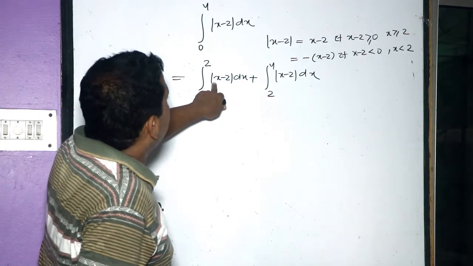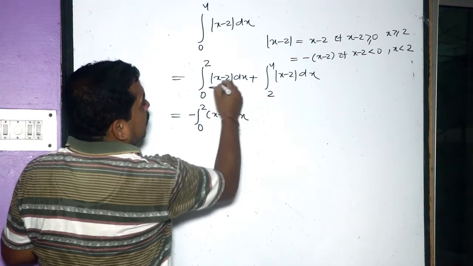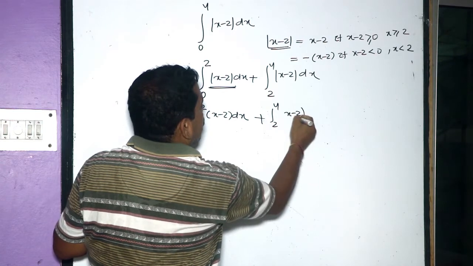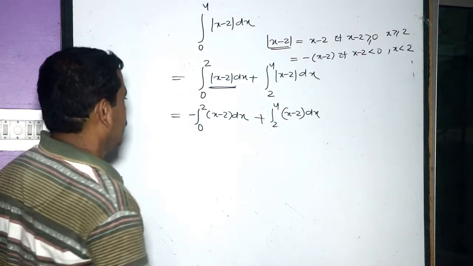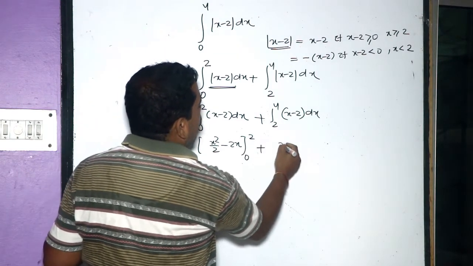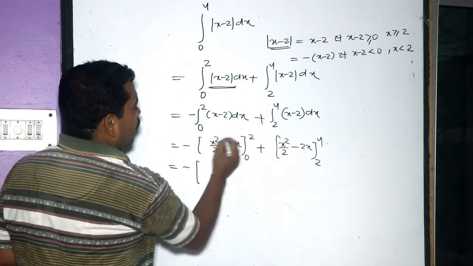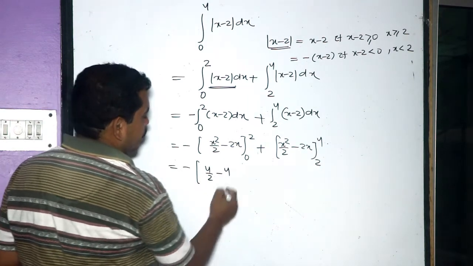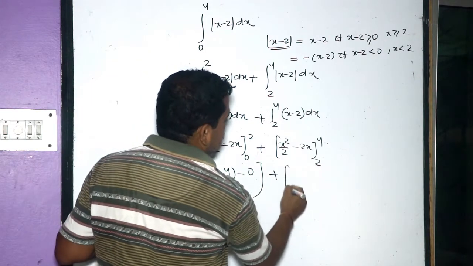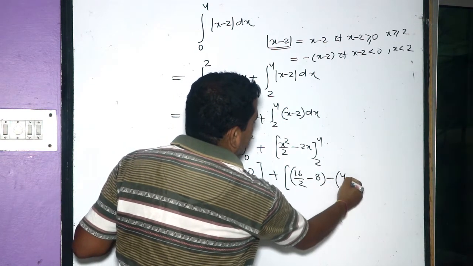In this part, |x - 2| from 0 to 2 is -(x - 2) dx, because this is the negative part for x - 2, plus ∫ from 2 to 4 of (x - 2) dx. Now we can integrate in the same manner. That equals -[x²/2 - 2x] from 0 to 2 plus [x²/2 - 2x] from 2 to 4, which is equal to minus of 4/2 minus 4, minus 0. If you put 0 here, then total it will be 0, plus 16/2 minus 8, minus 4/2 minus 4,